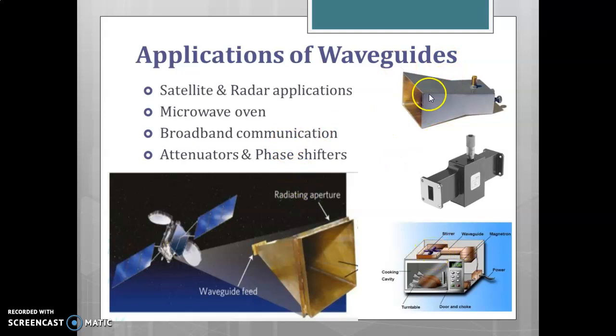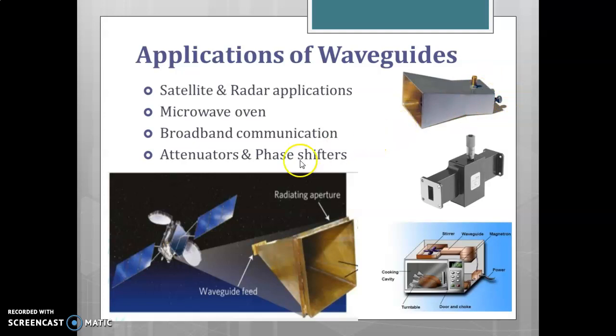And this figure represents a horn antenna. And this is one type of antenna. It resembles the shape of a horn, so it is referred to as horn antenna. And this part, the feeding part, input part, is nothing but your rectangular waveguide.